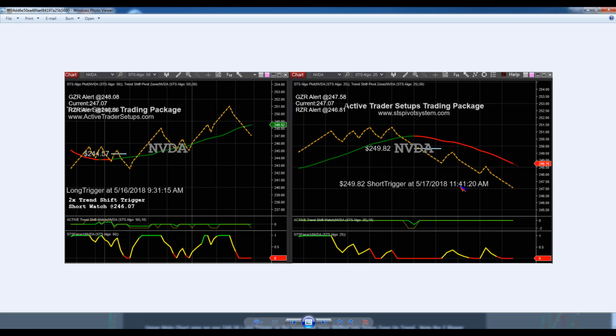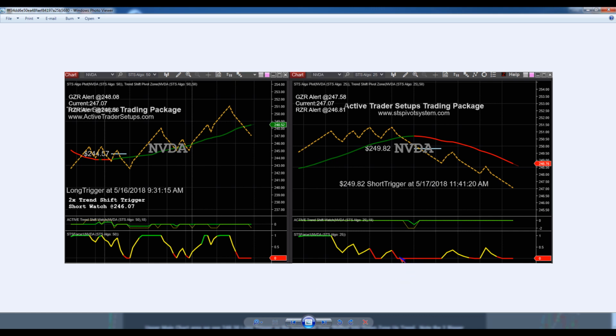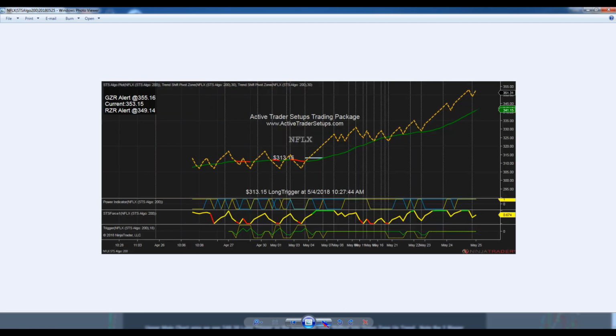I really had this in here to show you the force factor. Netflix on a 200, again like I showed you on Baba, chop for days and days and days. Did a breakout here. Of course, it was showing breakouts back here too. Like I tell you, this is really not what I want to take because of the sideways movement. It does have the strength here. It didn't have it back here. All these other chopping around it was doing, you got no force in your favor. Here you had the force,